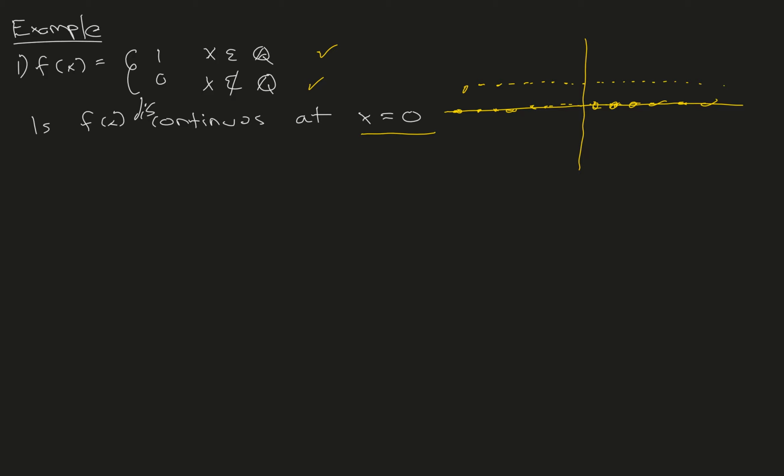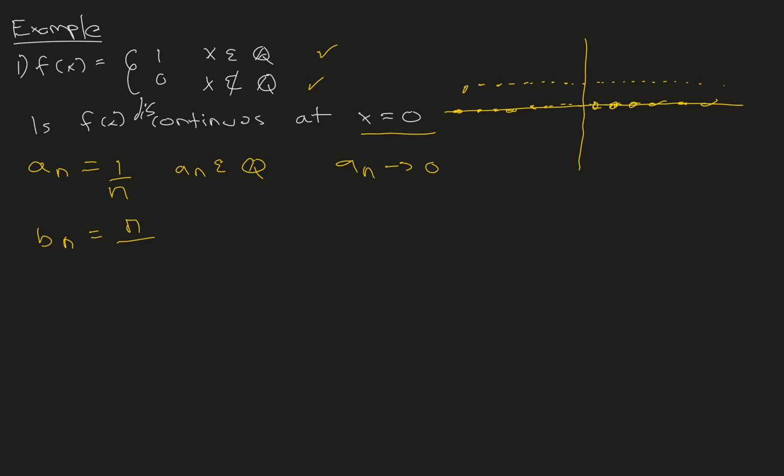So let's build two sequences an and bn which tend to 0. We have to build two sequences, one rational and one irrational. That will be a good strategy to show that it's discontinuous at 0. Take an as 1 over n. So an is always in the rationals, and an of course tends to 0. Choose bn as pi over n, and we know that pi is an irrational number,